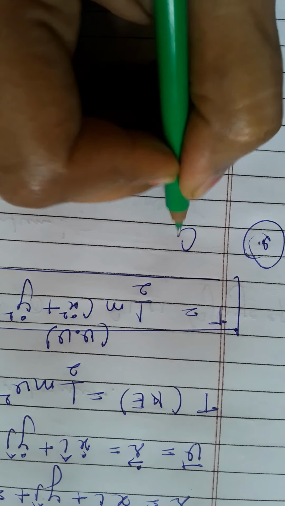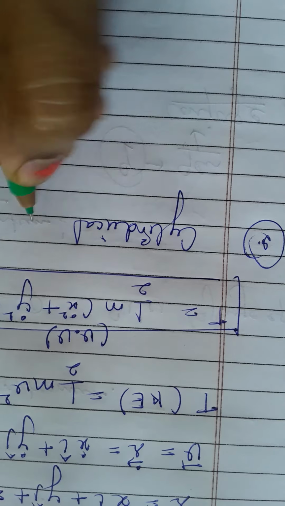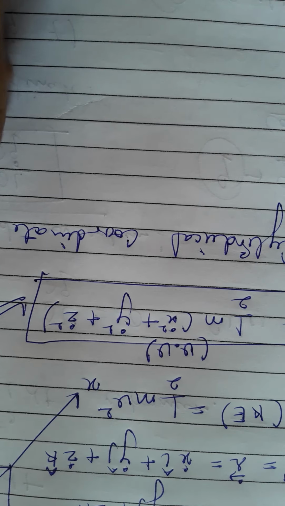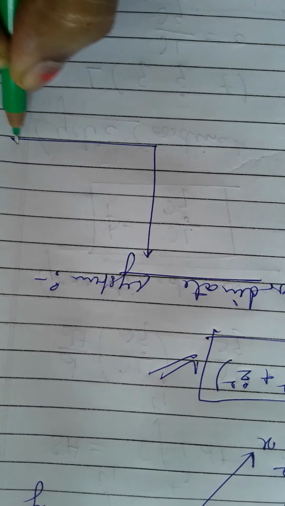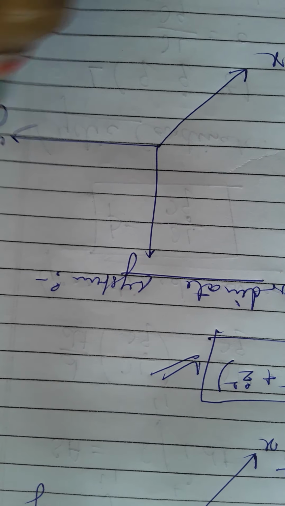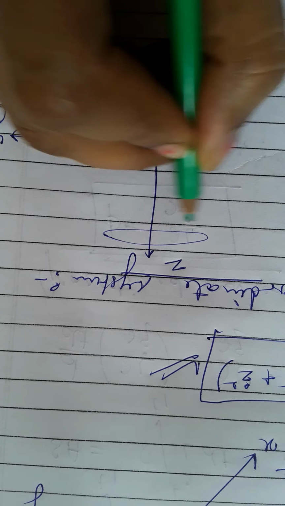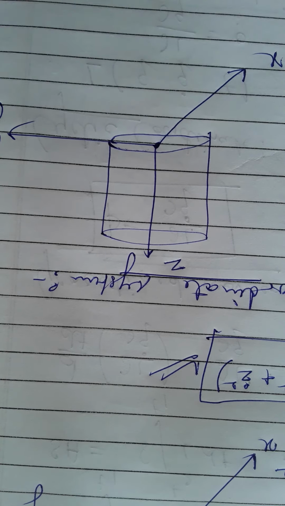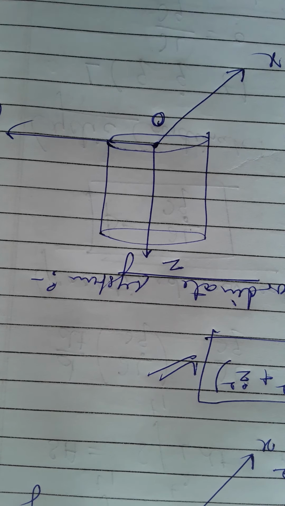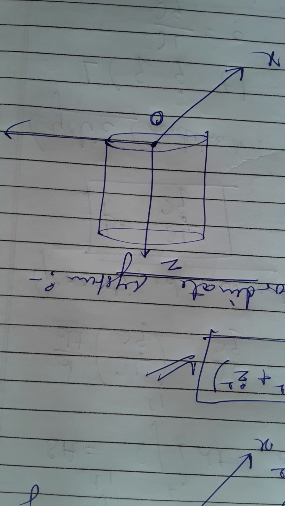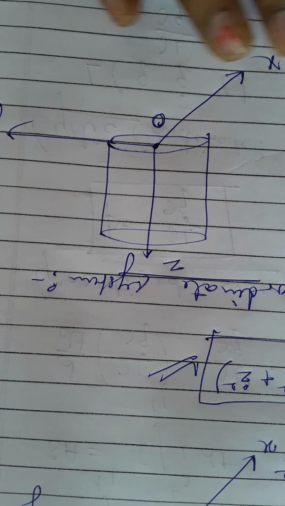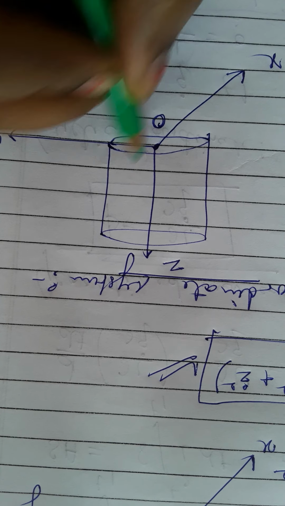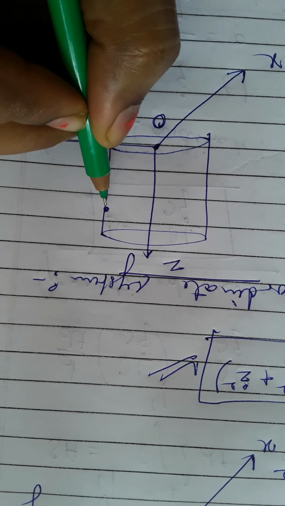Now second, we take the cylindrical coordinate system. To deal with cylindrical-like symmetries, this system is most appropriate, but this does not answer how we will come to know whether a system has cylindrical symmetry or not. I will give you all these answers in upcoming videos. For now, just understand the basics of these systems.